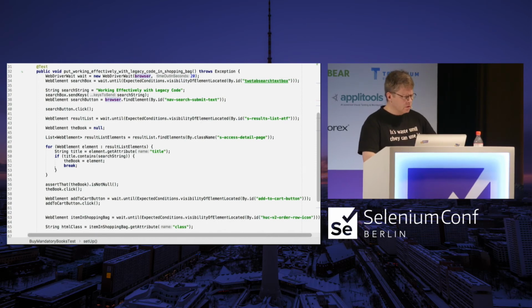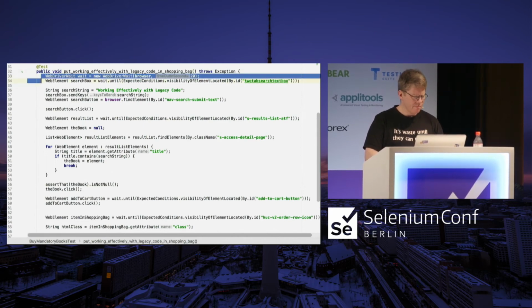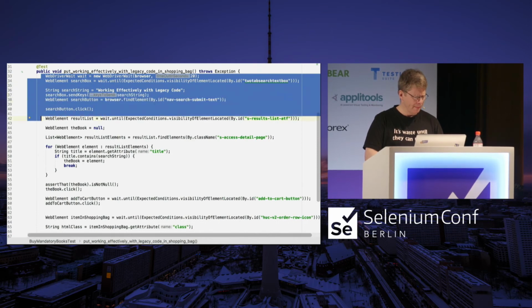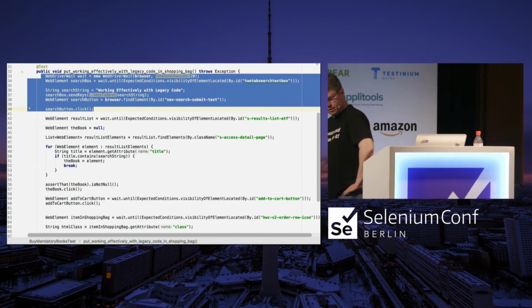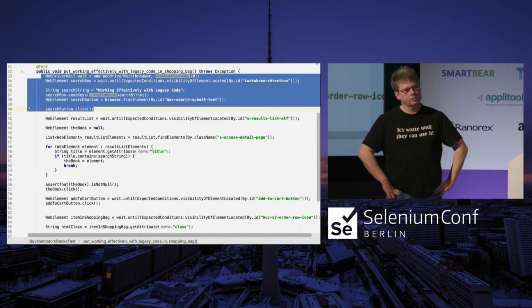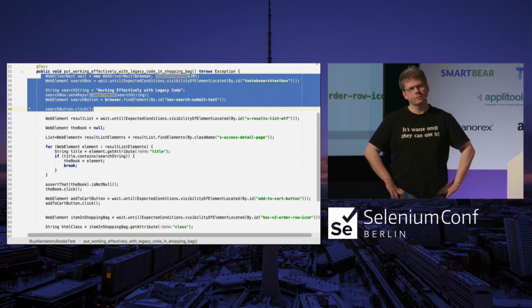And let's start small, and let's see if we can extract this search thing. This is perhaps a nice part that could live together.